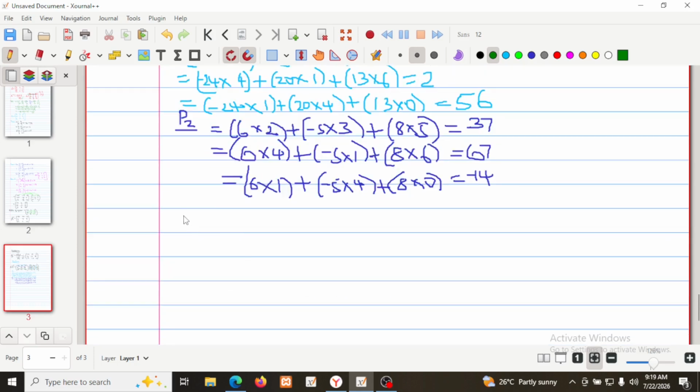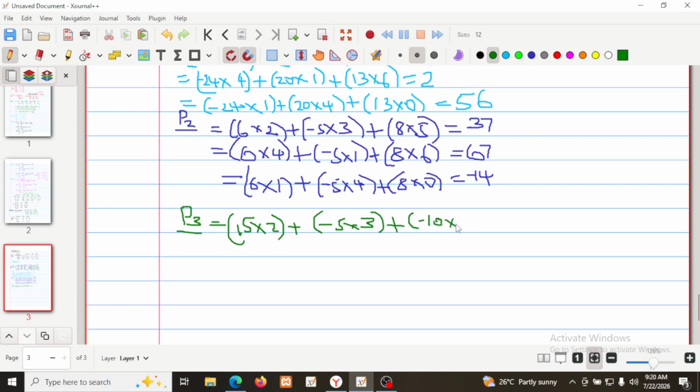So I will do that first. Part 3 we will have 15 times 2 added to negative 5 times 3 added to negative 10